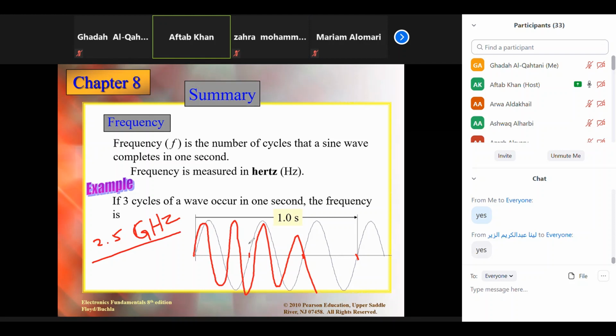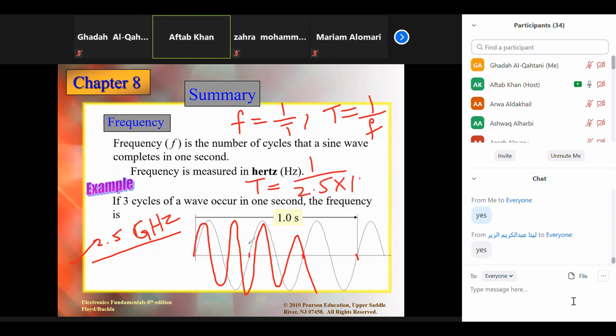You can say frequency is related with the time period. You will see in the next slide, but I am mentioning it here. The frequency is related to the time period this way, f = 1 over T, or we can also say T = 1 over f. So time period and frequency are related inversely, inversely proportional to each other. So if this is the frequency and I ask you to calculate the time period, you will say